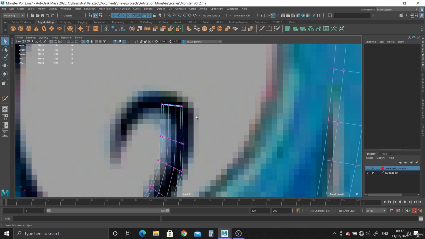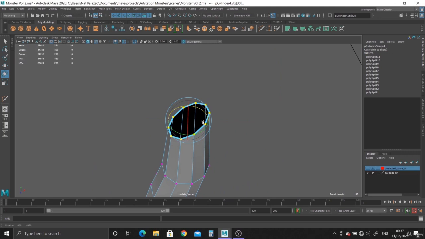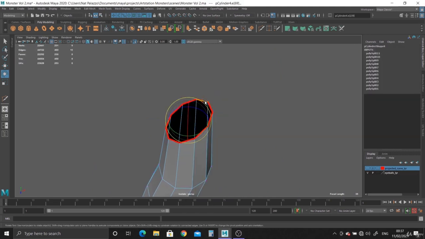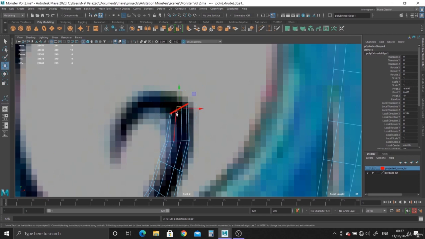Again, we can grab this, and what we need to do is basically just spin it around and just kind of bring it back a bit. We'll do the same with this piece of geometry here, so let's just spin it around, and yeah. Alright, hit F so we can frame up on it, and let's go into edges and then hit extrude, and let's model this baby. So very simple,